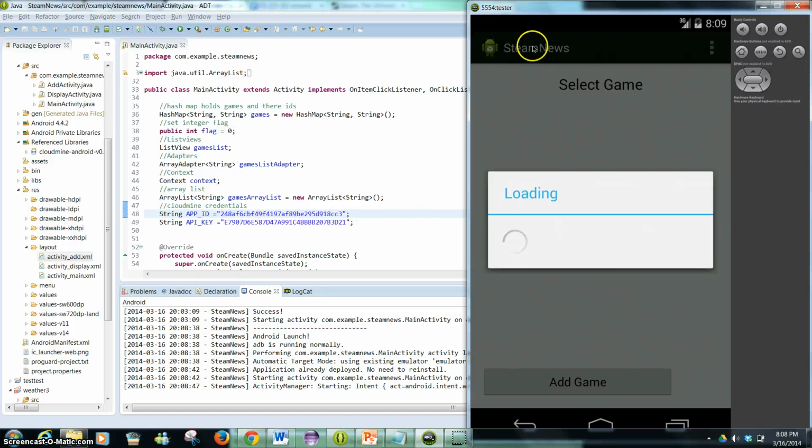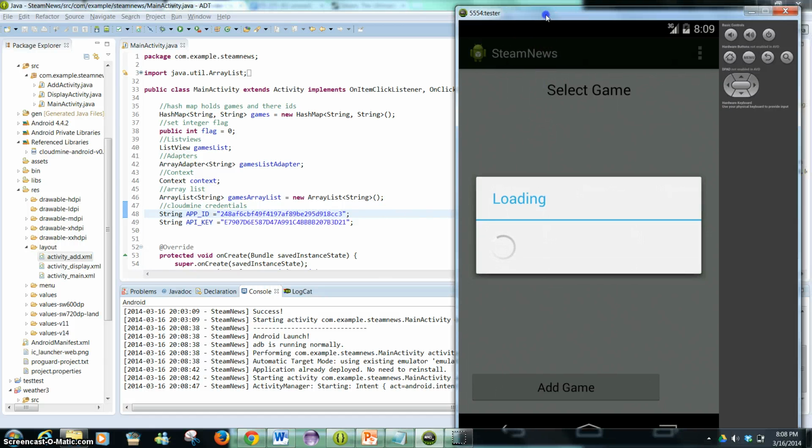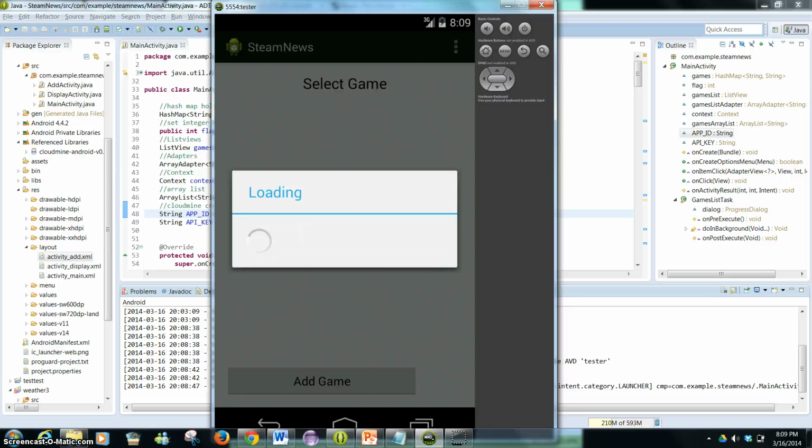Okay, hello guys. This is our final project. It is completed. I'm going to show you the program first, and I'll go over the code with you for the program. It's loading up here now, the simulator's slow, but what it is, it uses the Steam News API,